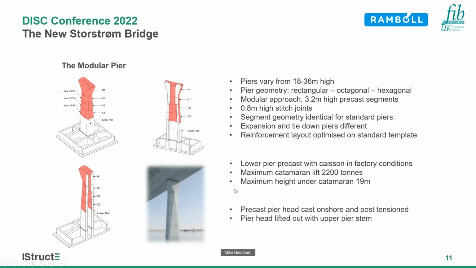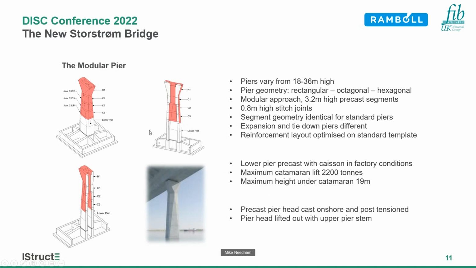The lower pier is precast with its caisson in factory conditions, and the height you can get to is governed by a maximum catamaran lift of 2,200 tons and maximum height under the catamaran of 19 meters. So typically the area you can see in white, for example, on the top left, is all prepared in factory conditions. The precast pier head is cast on shore and is eventually post-tensioned, and it's lifted out with the upper